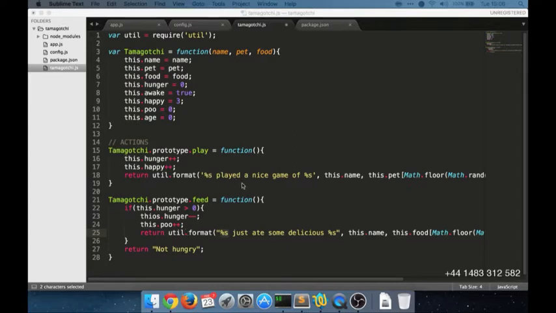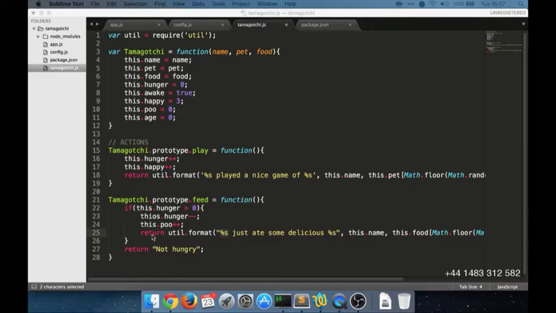We're going to be adding some other things here later, but I think for now, having a means of playing and feeding it is enough. Okay, so we're going to go back and we're going to add some different things later in here. Right now, I want to define some